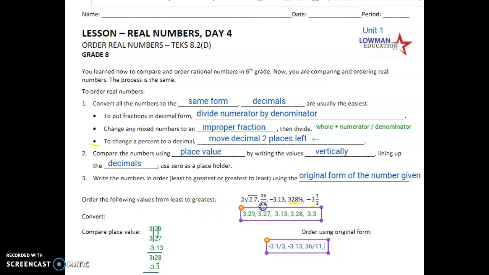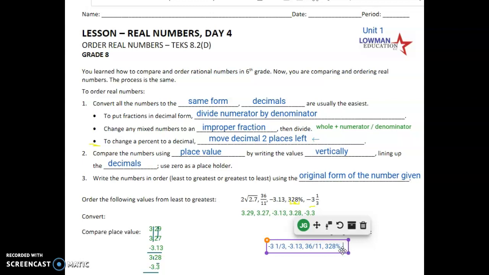So I'm going to move this back over here so we can see the lining up. This is how I'm converting them back to the original form. I know that negative 3 and 1/3 was negative 3 and 3/10. I know that negative 3 and 13 hundredths was originally given to us as a decimal, so that's easy. But then I know that 36 over 11 is my 3 and 27 hundredths, which we just placed. So that means that our 3 and 28 hundredths would go next, which is originally the